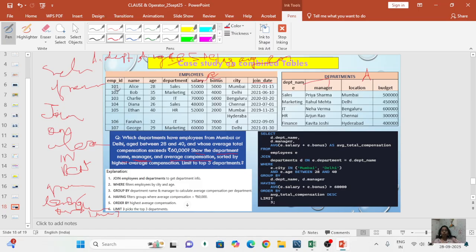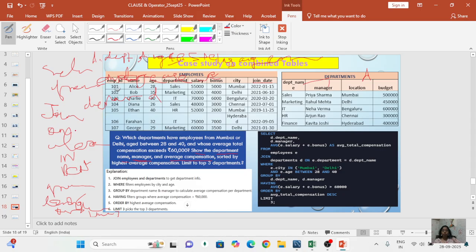Then from the table name, employee, complete employee, with alias. Otherwise, how can we know where we got the column from? So employee as E, join the second table, join departments as D,